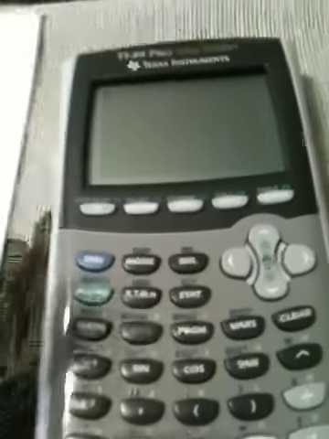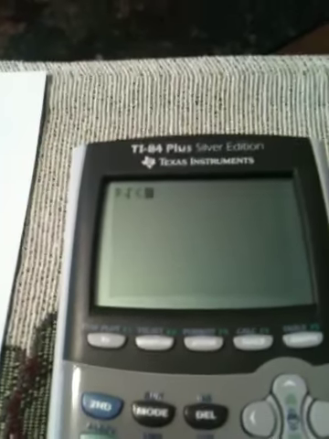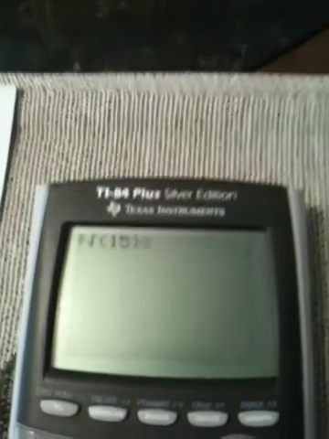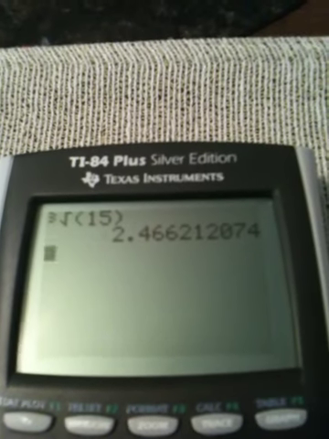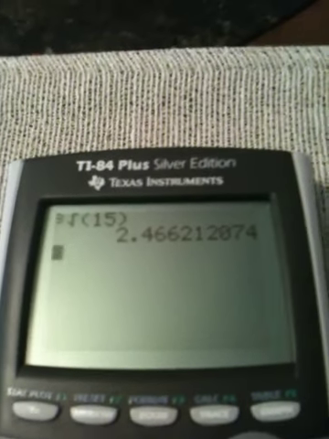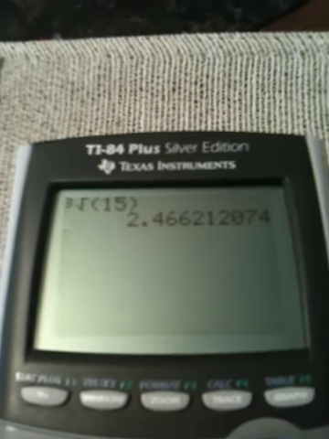So, I take my calculator, my graphing one in this case, I hit the math menu. I pick option, let's see if you can see it, I pick option 4, which is the cube root option, and I type in the number, 15. Close parens, hit enter. So my answer comes out to be 2.46621. Okay, they asked me to the answer to the nearest thousandth, so what I do is I have to